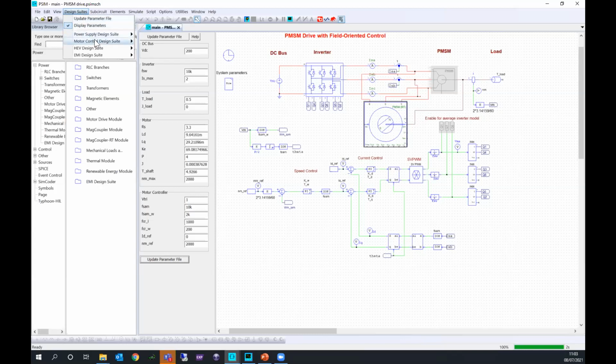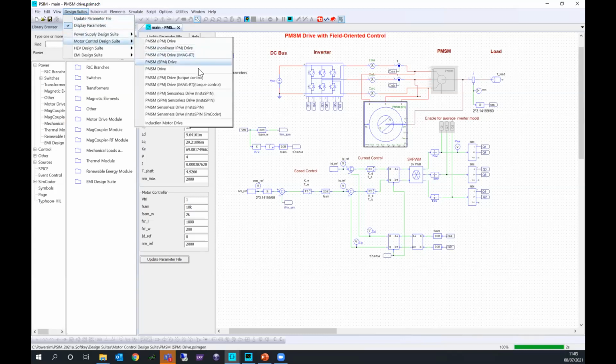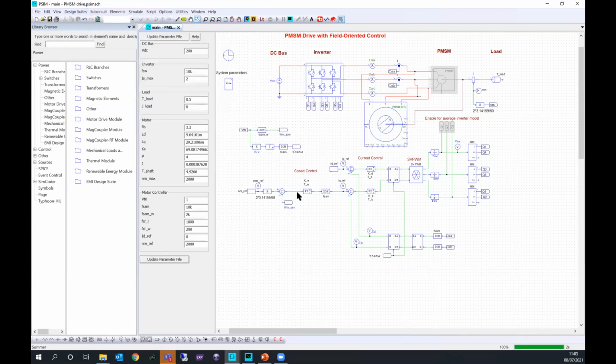And here, as you can see, you have the motor control design suite. You can open it for torque control, speed control, and so on. So you have the capability to use this template with Gmag. Now I will just disable it. What I have done is I have again used my motor. So this motor, if you remember,